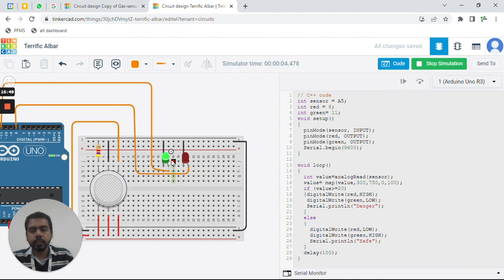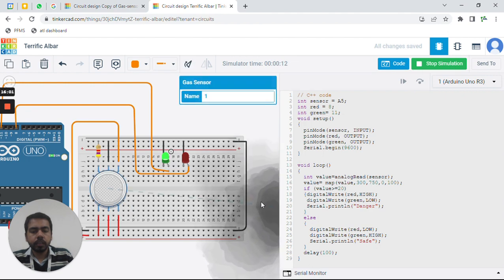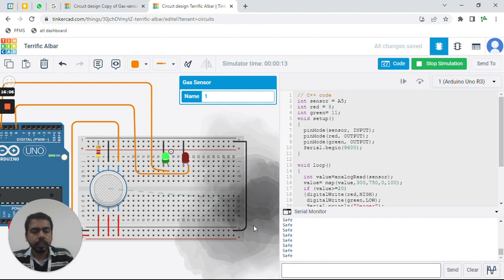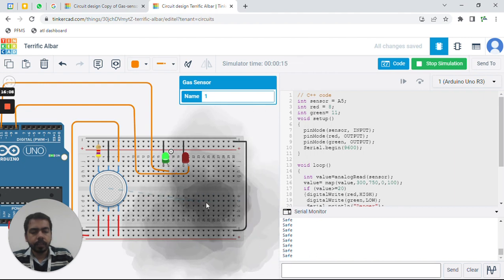Okay. So now we can see our LED is on, and there is a problem: we have not connected any resistor to the LED. So make sure you connect a resistor with the LED.